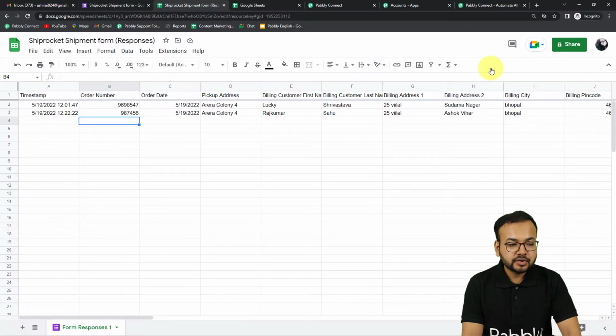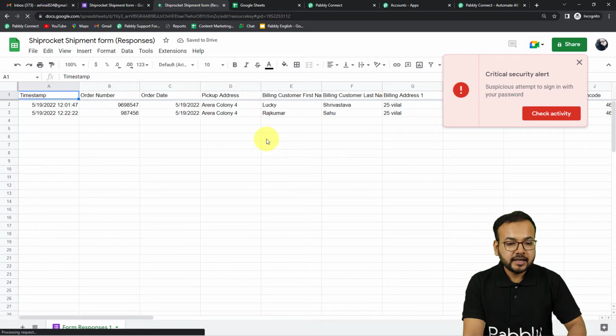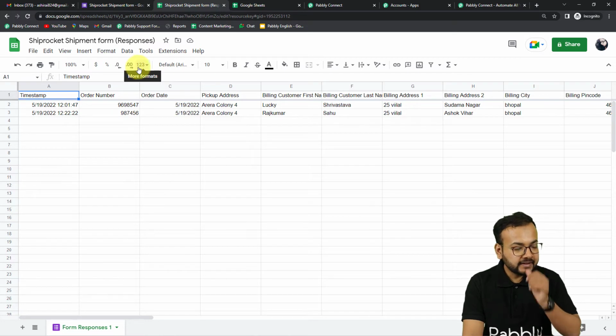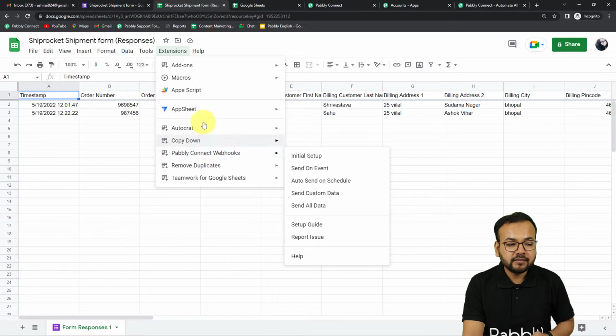But guys, once you install it, you need to refresh your spreadsheet. This is an important step. After installing Pabbly Connect webhooks add-on in the spreadsheet, please refresh your spreadsheet. Okay. After that, when you click on extensions, you will find this Pabbly Connect webhooks option available in the drop